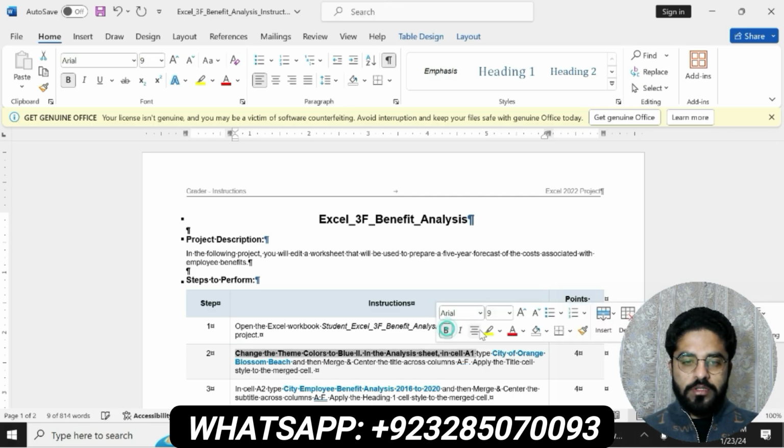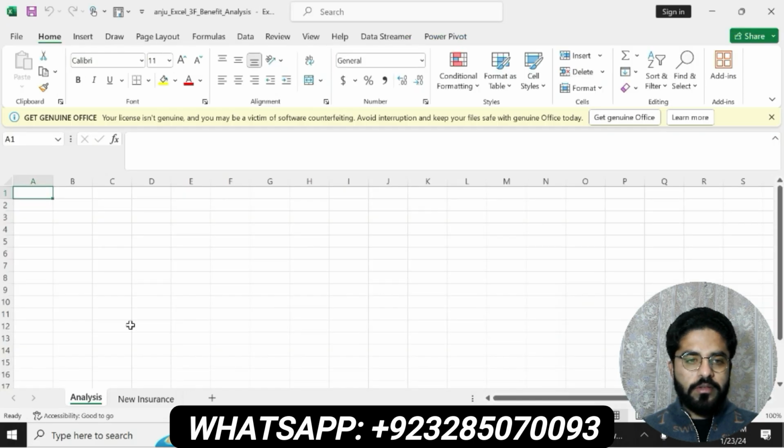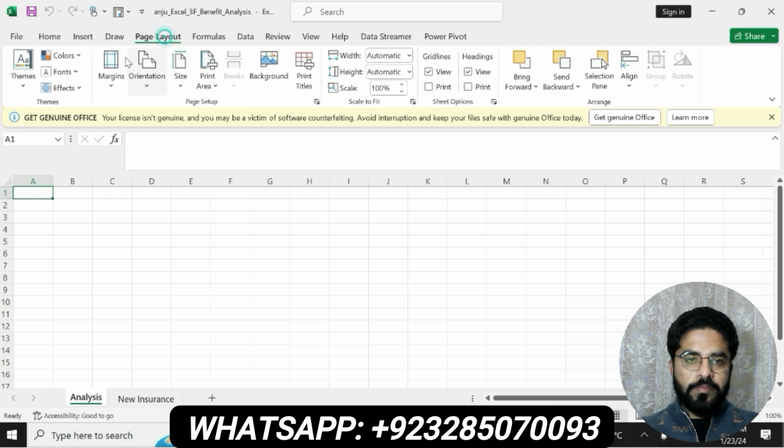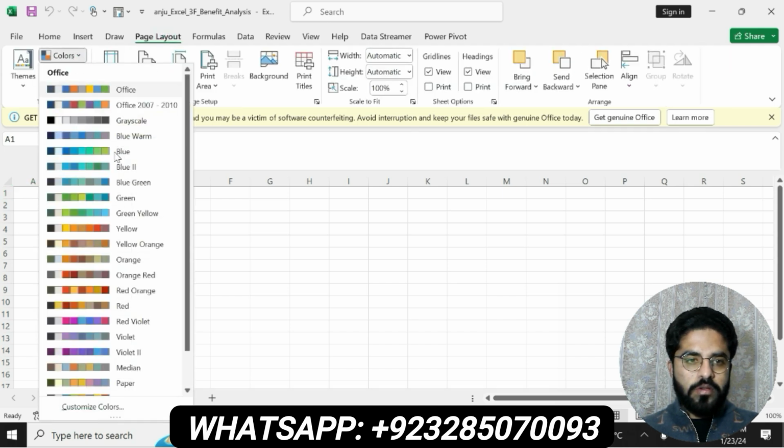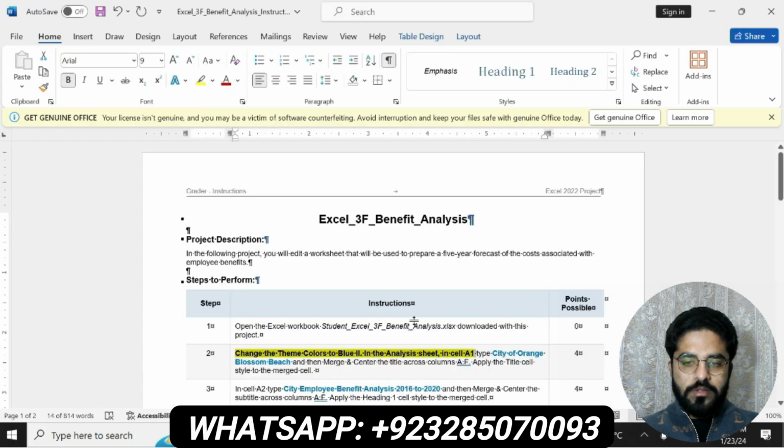Question number 2 is: change the theme color to blue in the analysis sheet in cell A1. In this question you will have to change the theme colors, in the page layout, to blue, and in the analysis sheet cell A1,